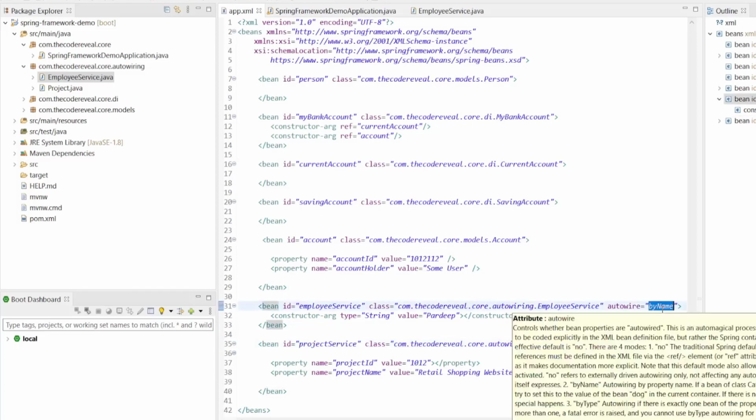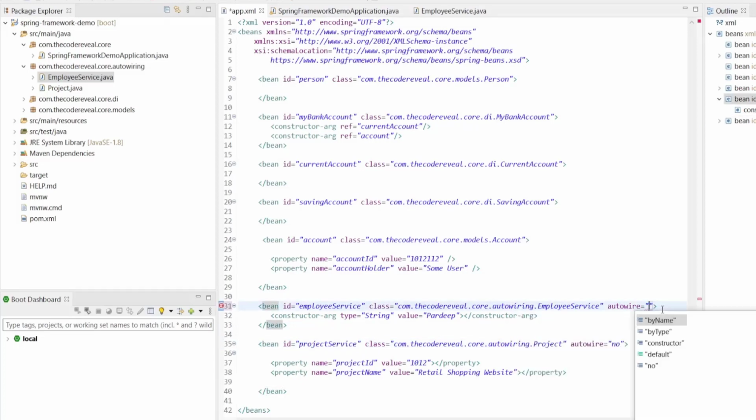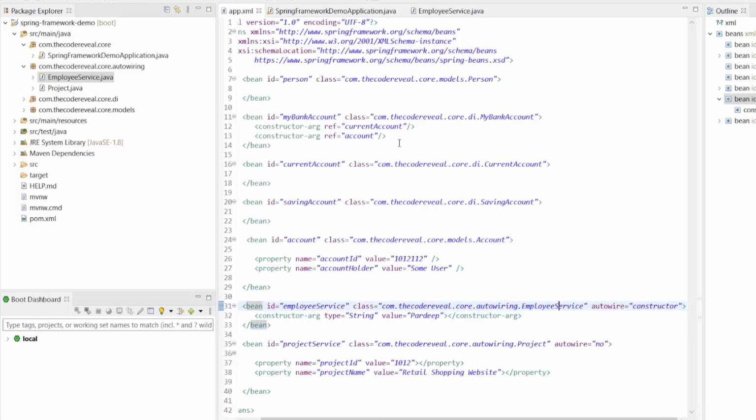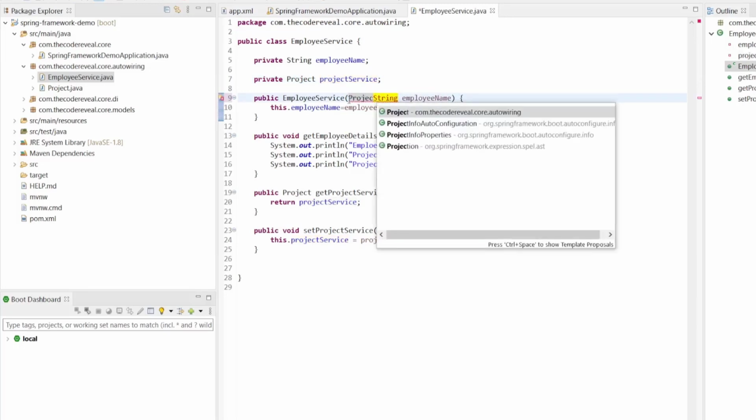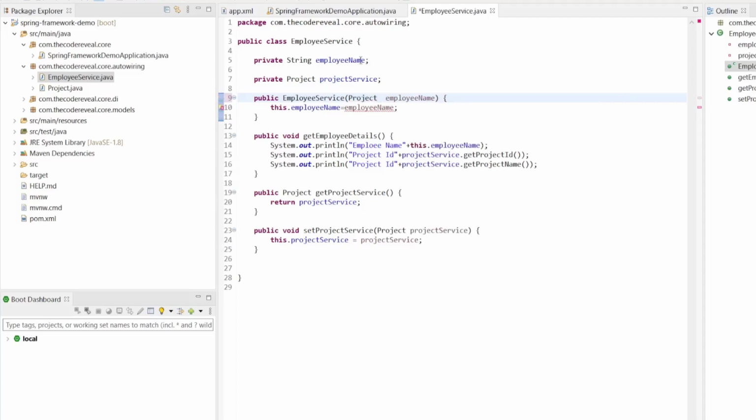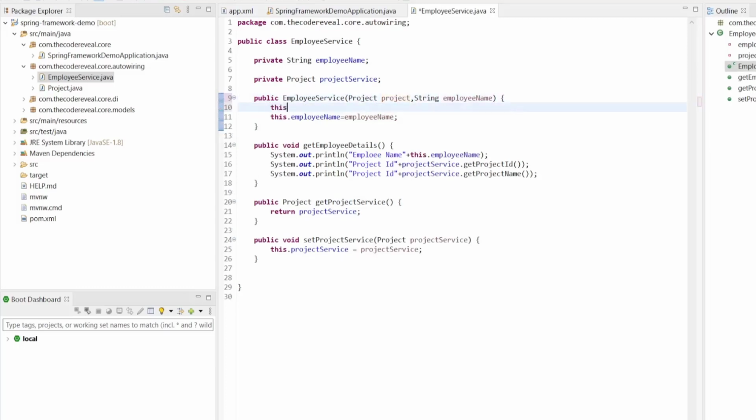And if you are using by constructor, so for the constructor, if we are using autowire by constructor, then in the employee service we can add this in the constructor here, exact, and we can give this dot project service equal to project.